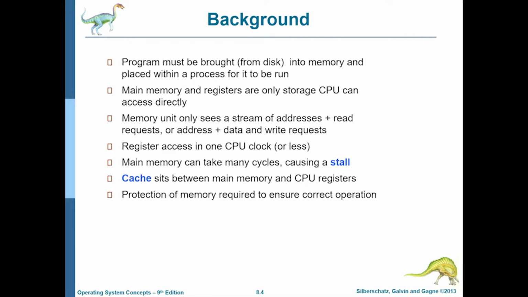That is the reason we put a cache in between the CPU and memory, the main memory. The cache runs very fast. Well, the cache does not run as fast as registers, but it runs pretty fast, way faster than RAM can ever operate. And when the CPU needs something, it first looks into the cache. If it finds it, then it's good. Otherwise, it has to go to the main memory, get the data, put it into the cache, and then use the data. Next time, if it needs the same data, it will directly go to the cache and use it.